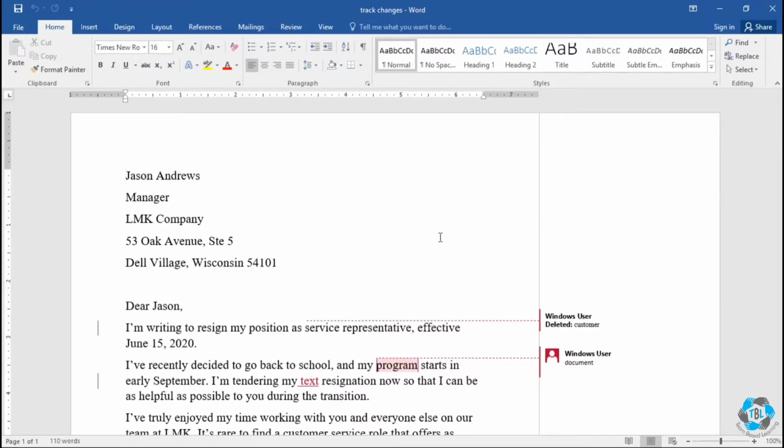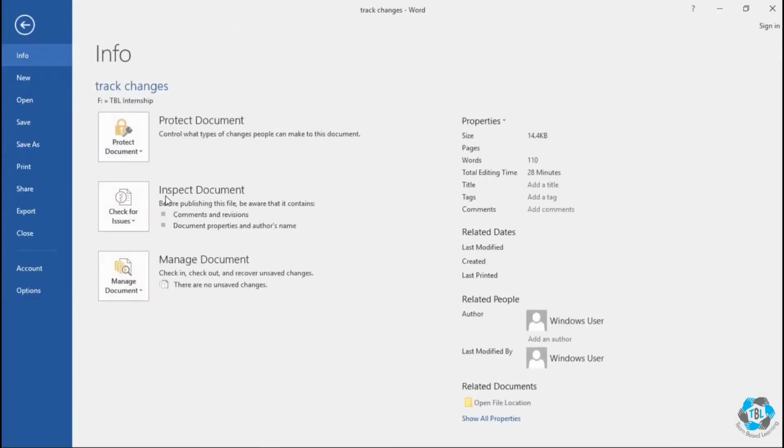You will find everything you need in the Backstage view. The Inspect Document features will let you remove any hidden personal data that was stored in the file. It also checks for document elements that you generally don't want in a final draft, for example, tracked changes that you forgot to accept or reject. Some of these changes from the inspector would not be undone, so it is a good idea to save an extra copy before you continue.